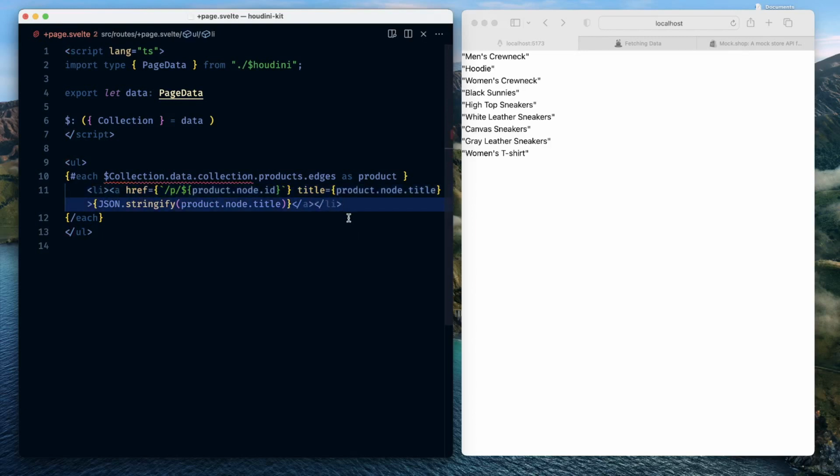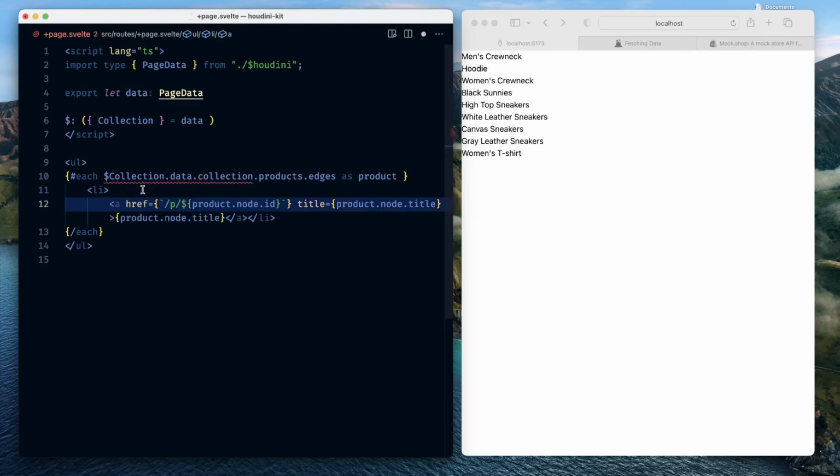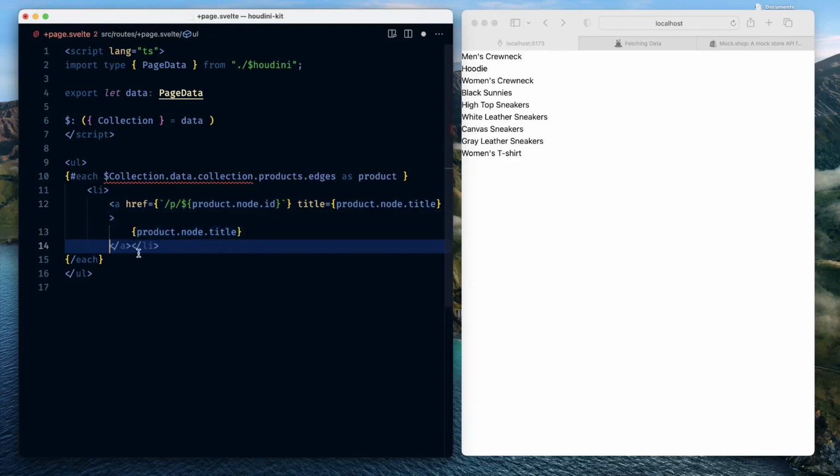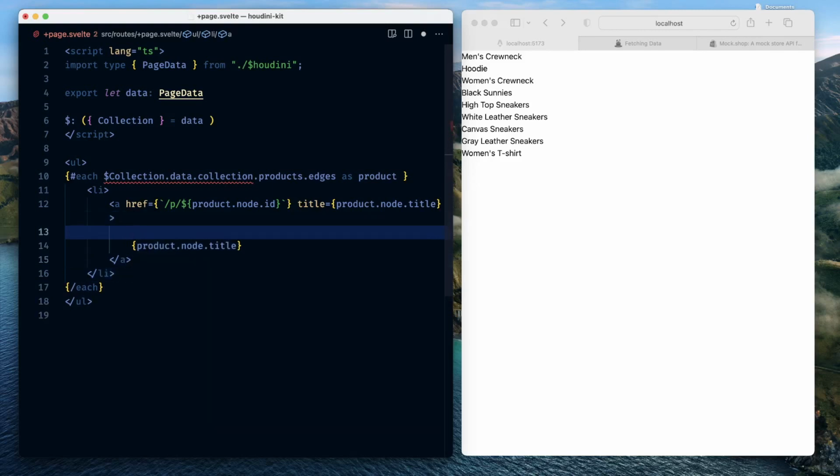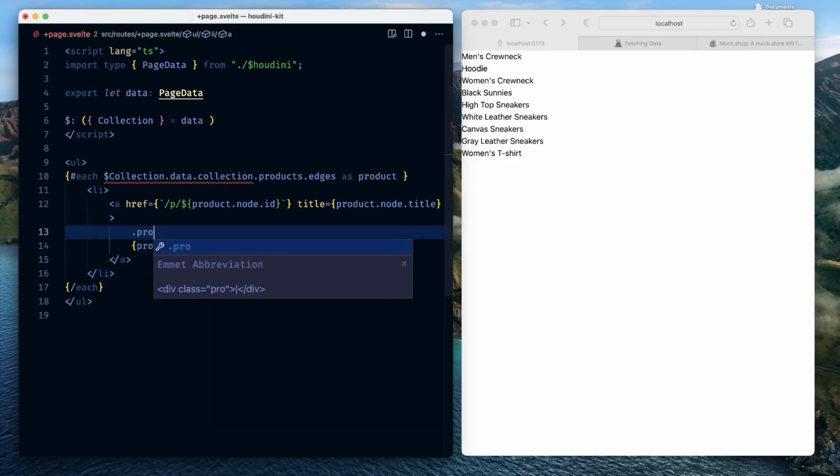Save this. Cool. Remove this because we don't need stringification anymore. Put this in a new line. Put this over here. Can do some breaks. Say put a product